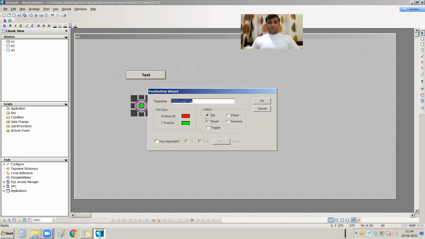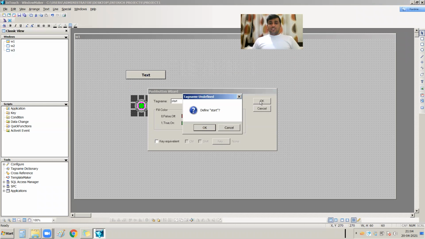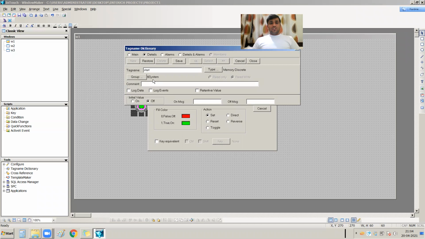If I want to create the tag for this round button, for example the tag start, I just write it down and press OK. The system will ask that start is undefined and you have to define it. When I press OK, start is the tag name, and its data type should be memory discrete, because a button has a digital tag. Digital means memory discrete or IO discrete. Memory discrete means internal tags of the project, a memory tag of the project.